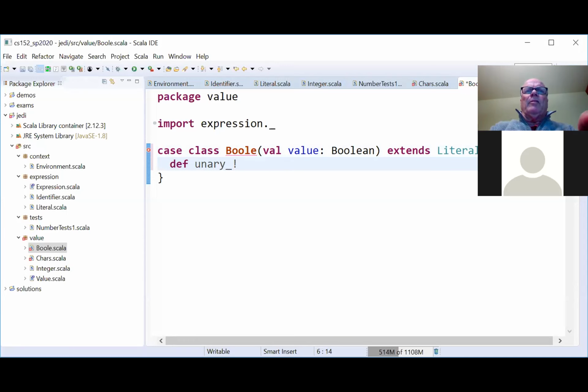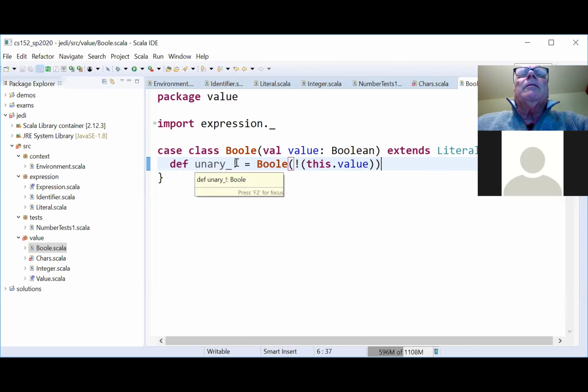I think it's this. This is the definition of reading the bool package. Yes. Let's see if it likes it. Well, it's not complaining. So this is unary not, right?